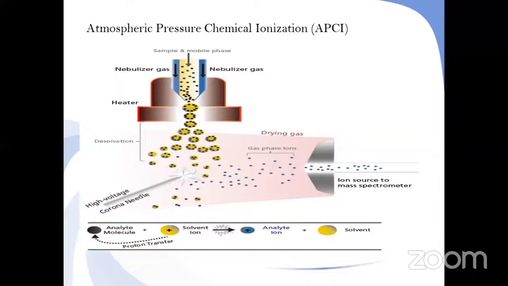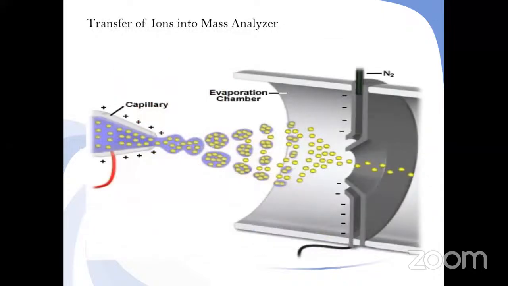Nebulizer gas through heater, desolvation and drying gas, and we get the ion source. The next diagram explains the transfer of ions to the mass analyzer, through the capillary, evaporation chamber and nitrogen gas, nebulizer gas, and